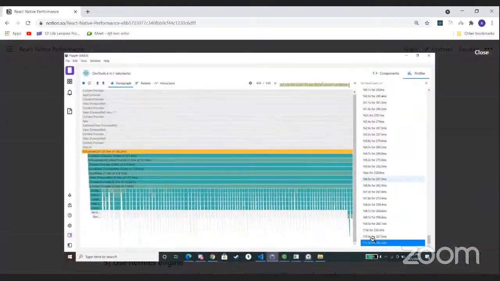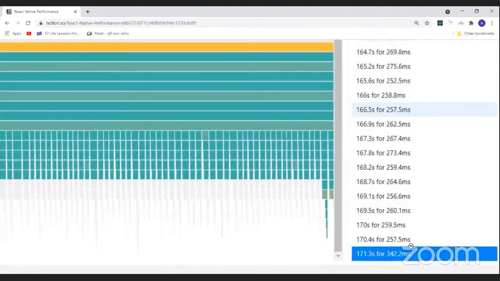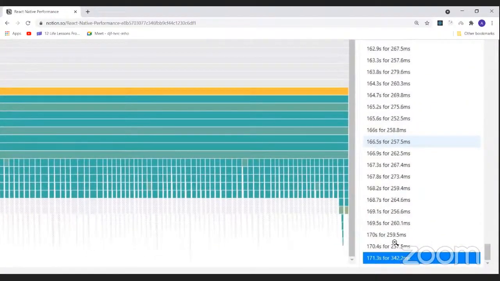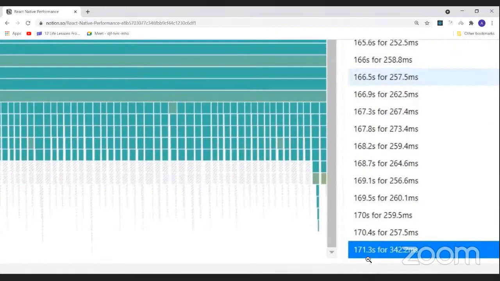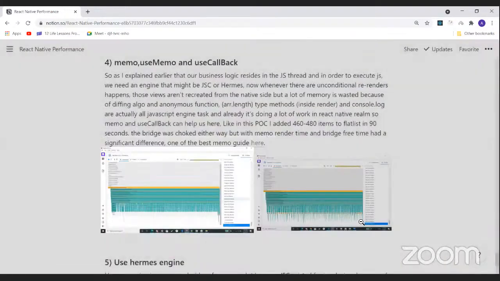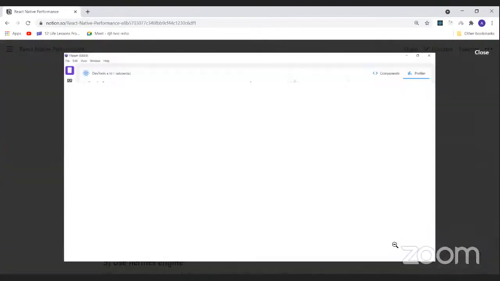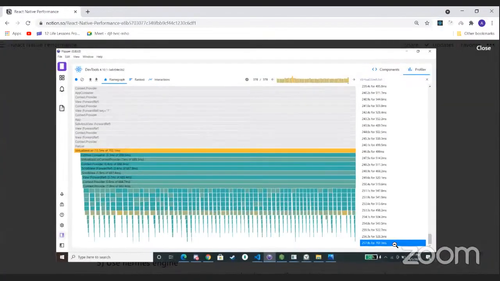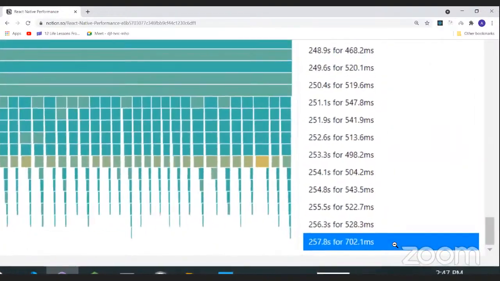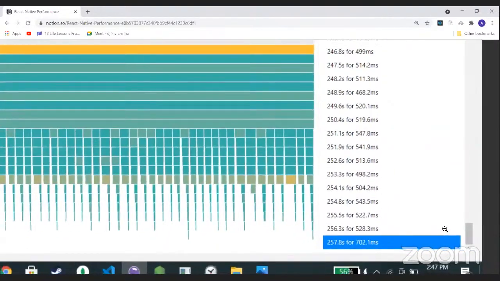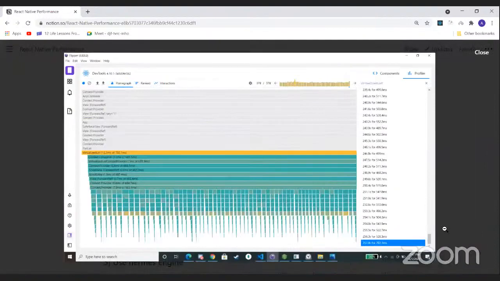As you can see, this is with Memo, and the commit time and the free time, everything is here. You can see 171 render time, and it got free at 342. Now without Memo, you can see it's way too high. It's like a 50% difference here.